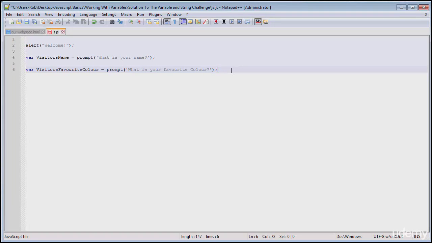The next thing we need to do is combine the user's name and favorite color together into a string that goes as follows. Okay, so this part we're going to have to combine our strings together, remember? And we're going to have to start it off by writing a document.write command